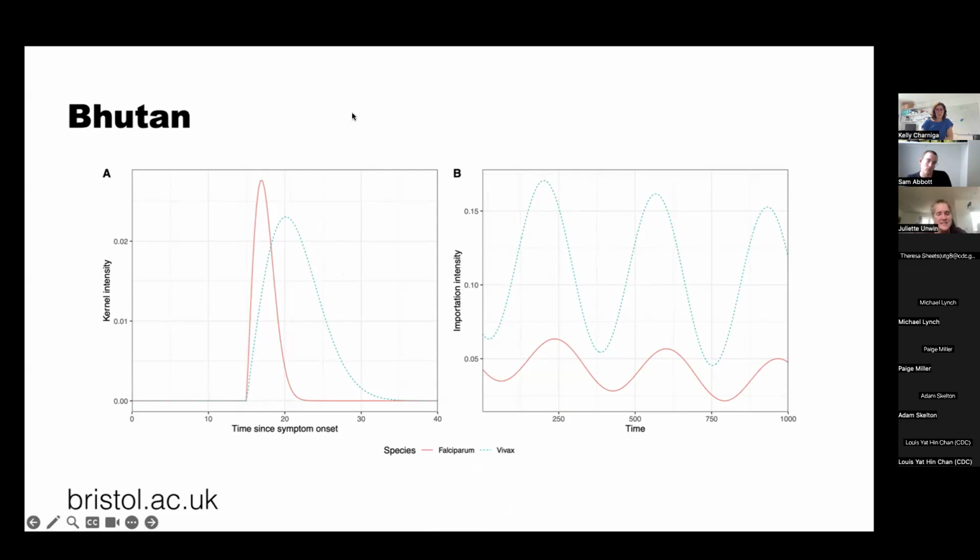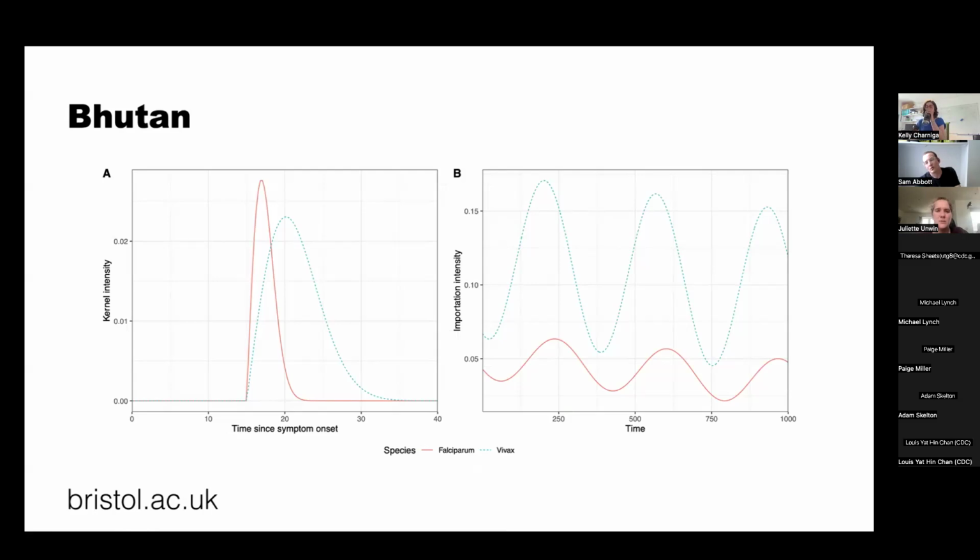And then these are the kernel shapes, and this is importation. Oh, this is in Bhutan. So we did a second piece of work looking at Bhutan instead of China. And here, for malaria, you have 2 different species, falciparum and vivax. The difference between these, well, there are lots of differences, but the main one that caused issues here is that with vivax,